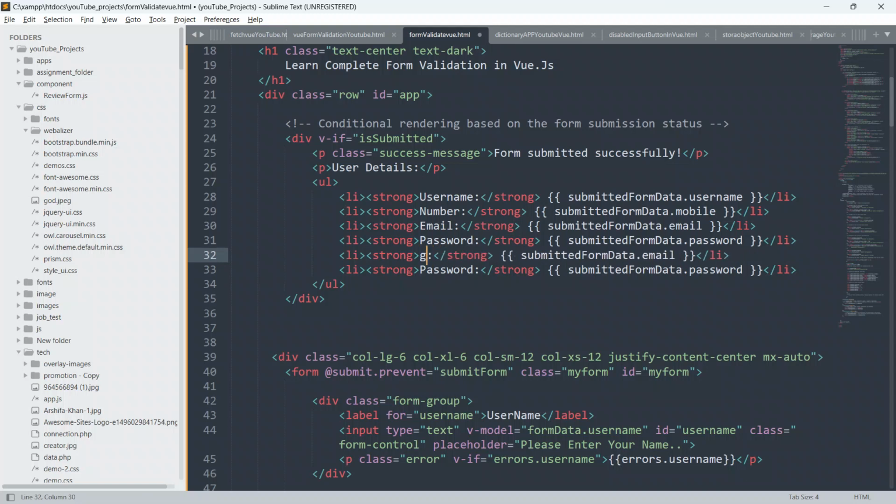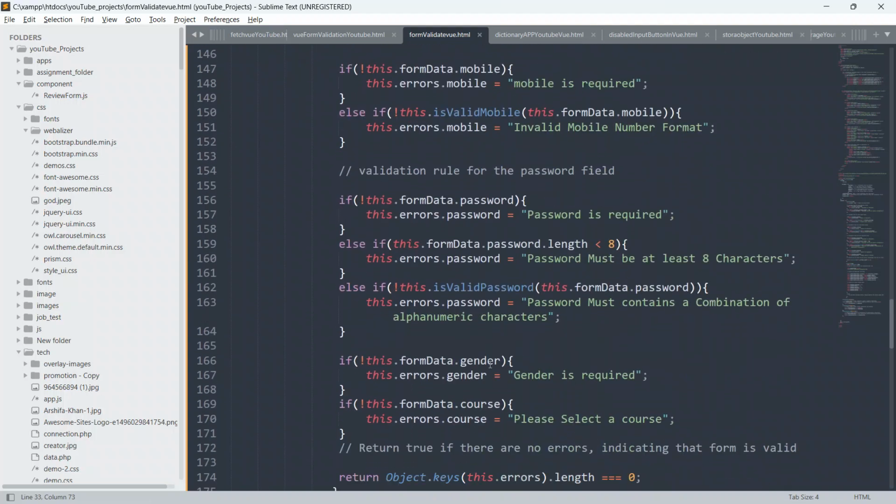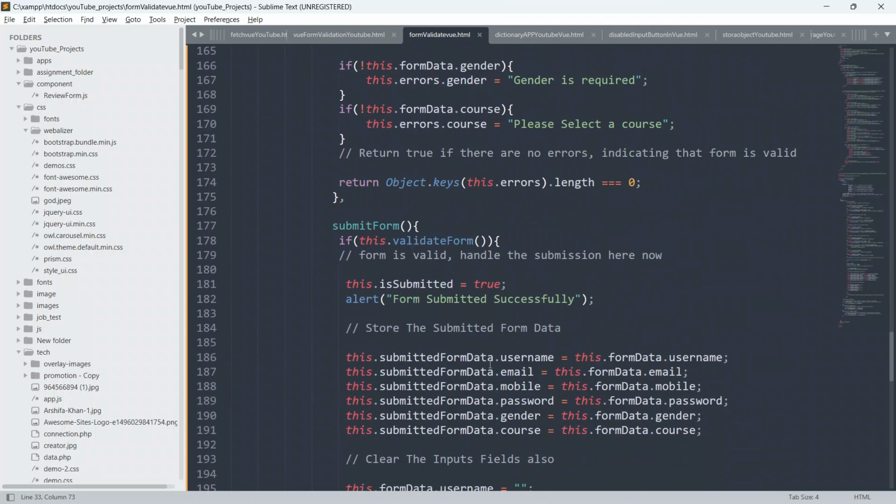So give gender, put gender, and put course also, and put gender here also, okay, and put course here also. So guys, I hope you have understood, because I try to explain each and every step of what I did here, what I am doing here, every step, every code I have written here, I have explained in detail, in depth, okay. So guys, I hope this code will work. Our code is ready to be tested, ready to be executed.